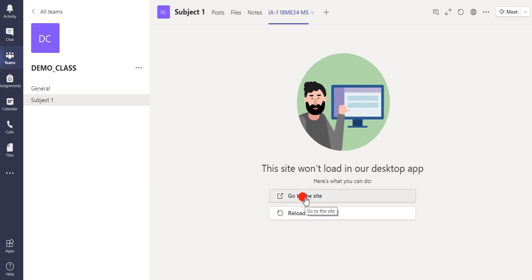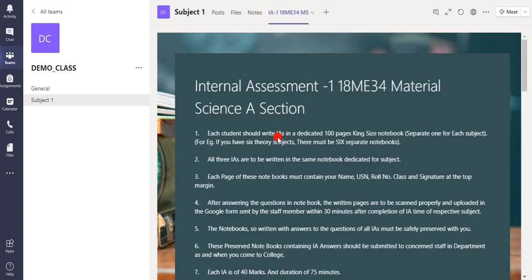If you press go to the site, it is going to open in your default browser, so you need to log into the Microsoft account, then enter into Microsoft Teams, and fill in all the details. All the things should be carried out by the student. So what you need to do is reload the tab here itself, then it is going to reload.